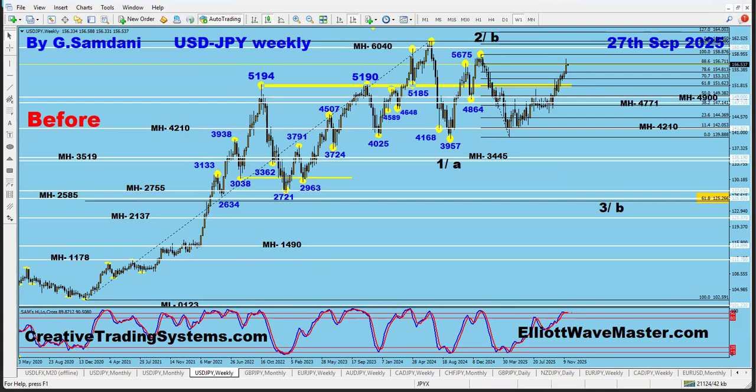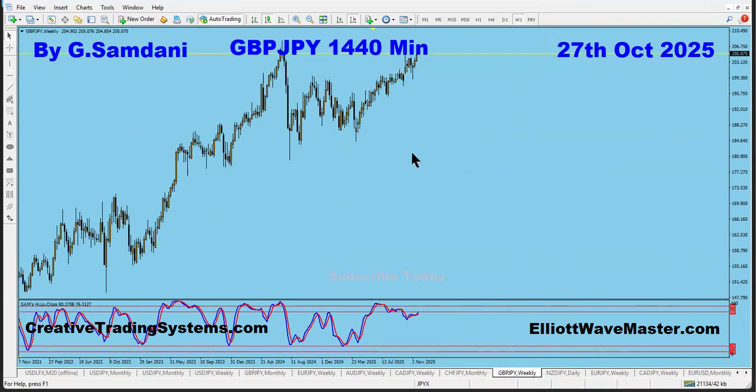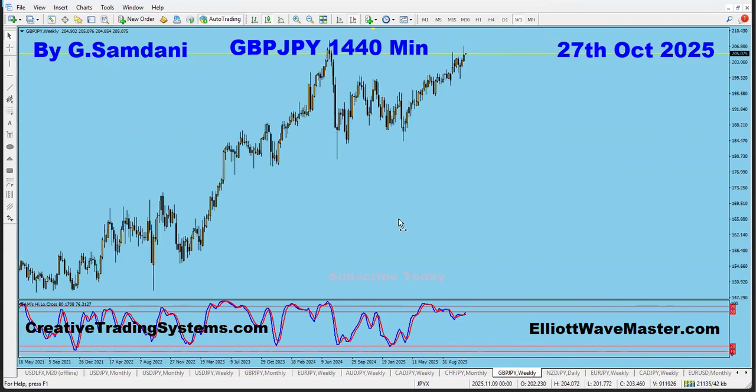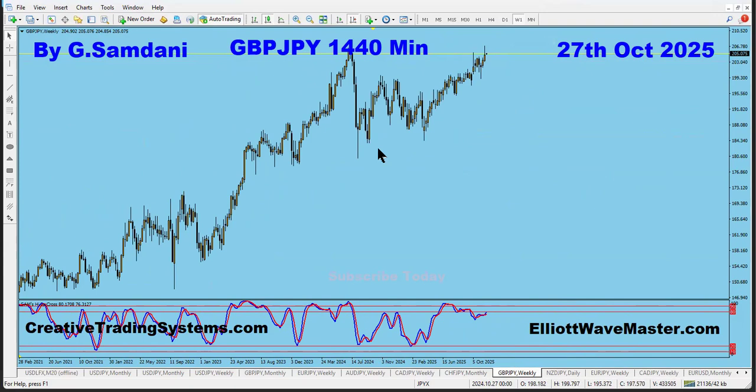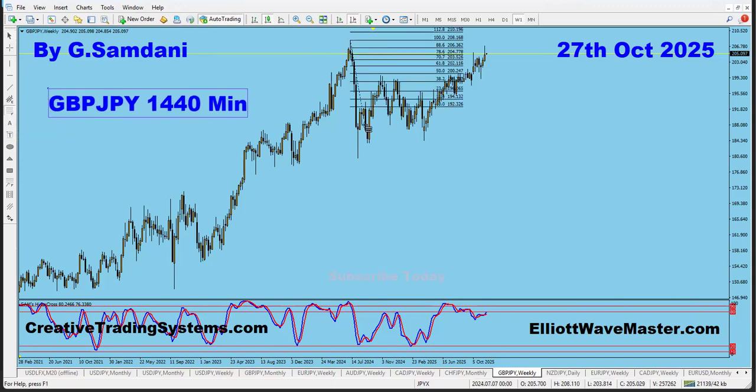Right now I'm concentrating on whether they are going to get in as an intervention, and then we might get some downside in these pairs. What about pound yen? Pound yen daily chart, you can see here. Let me turn this into a weekly chart, and you can see this is what's happening here. Not the same kind of thing, same kind of, let me just get rid of this pattern, right? But nothing concrete.